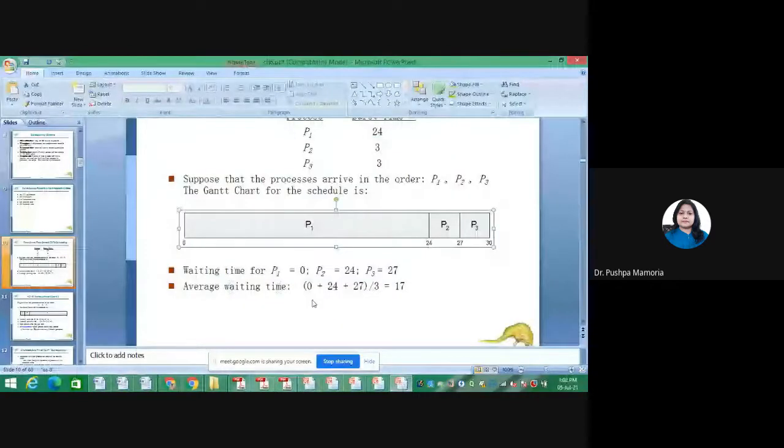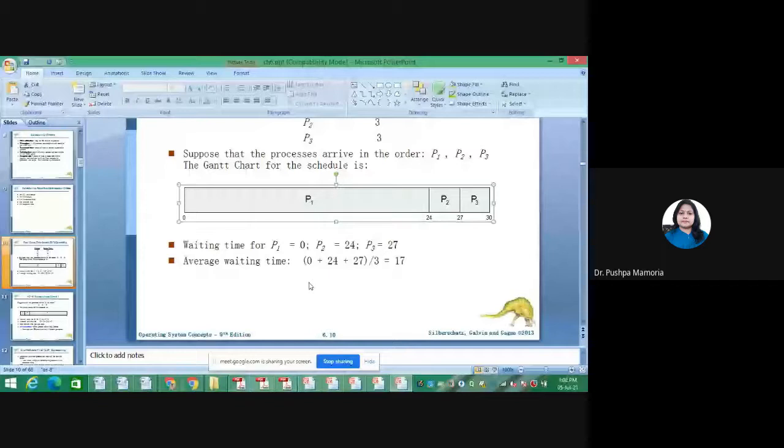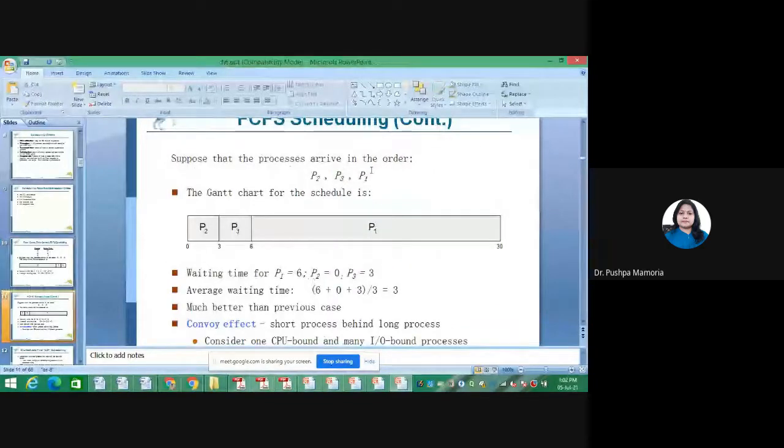Now the other method we can see for the same snapshot is shortest job first, right? This is the second algorithm. The difference between preemptive and non-preemptive, we will see in the next class, right? So here, the simplest functioning of shortest job first is that whatever process has less execution time will execute first. That is the concept of this, right?